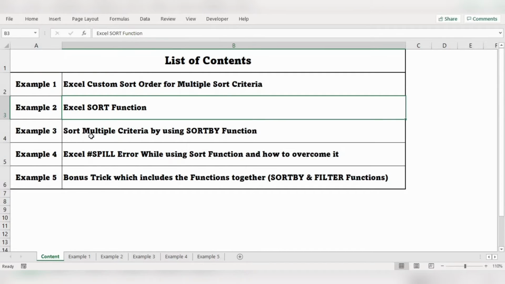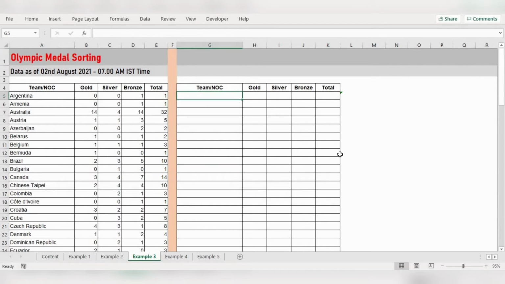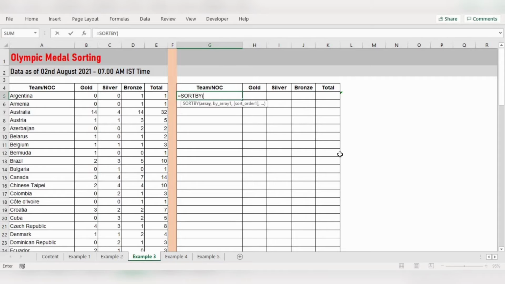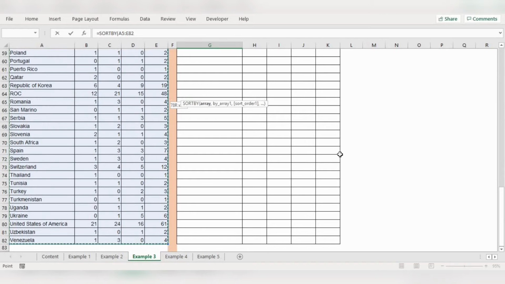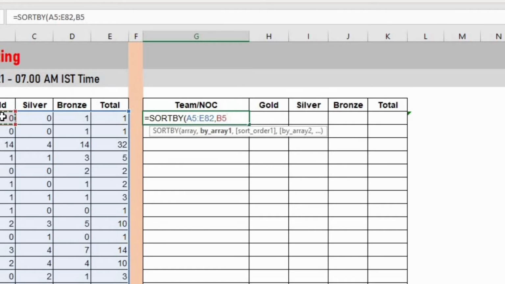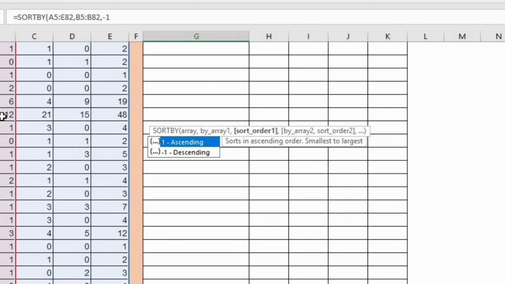Example number 3, sort multiple criteria by using the SORTBY function. Now we are going to see this formula. Equal to SORTBY, we are selecting the entire array, and first what we have to sort, gold, highest to lowest, -1.